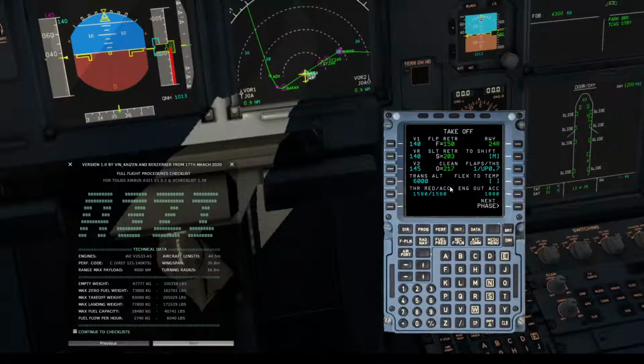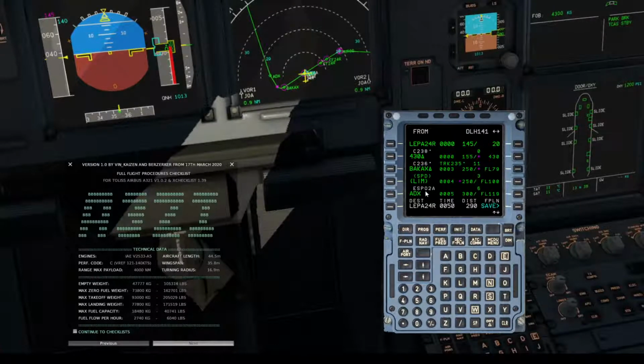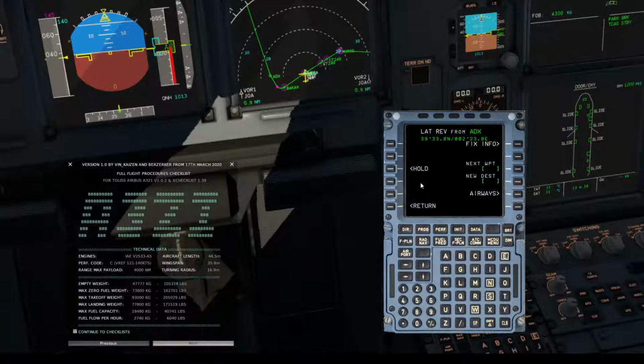Now I can do a little bit of preparation already, because I know I'm going to be landing on 24 right again. So one thing I can do is set my range rings. Now what I've done here is I've selected any waypoint except for the arrival, and then you get the option in the Thales Airbus for fix info. So we go in there